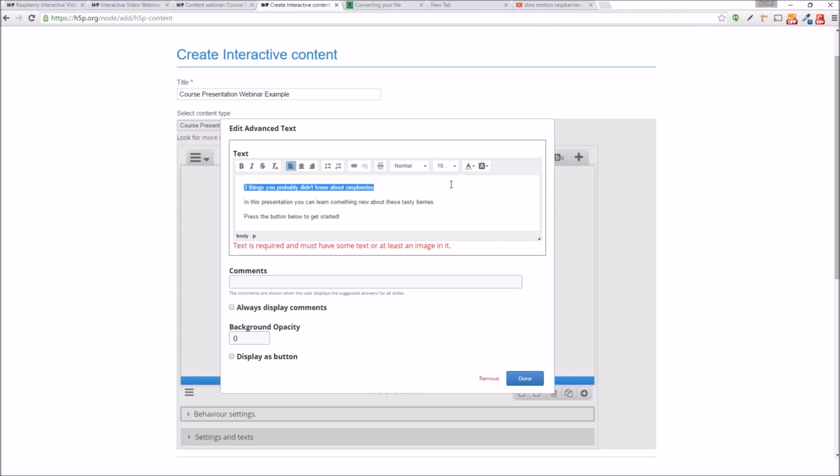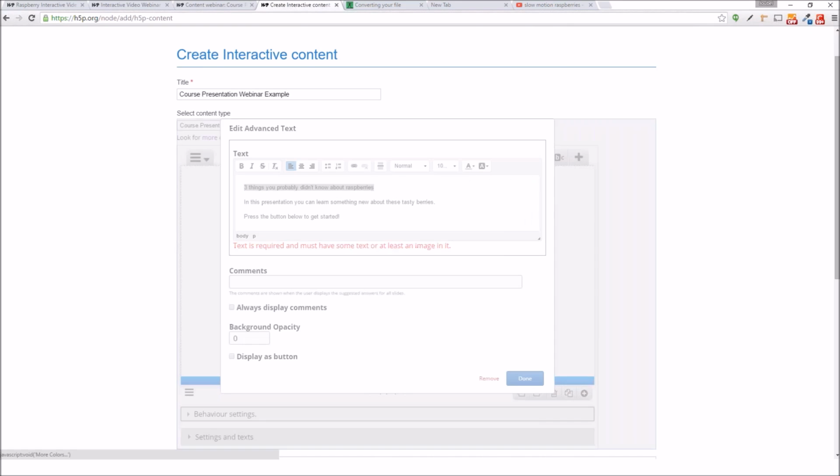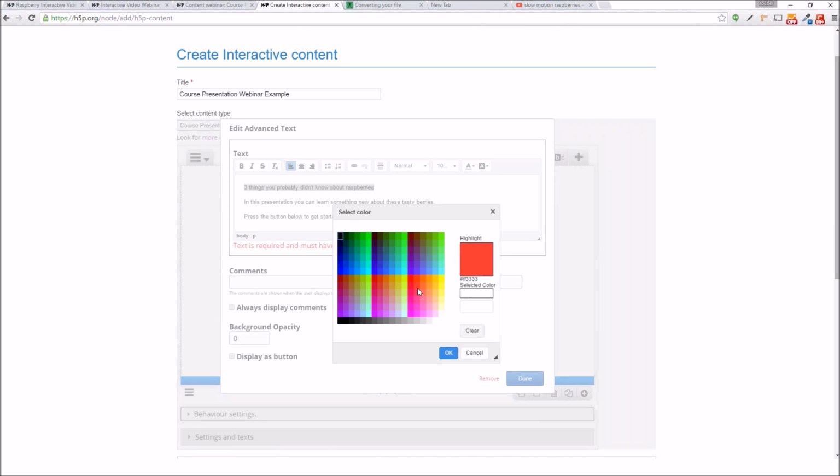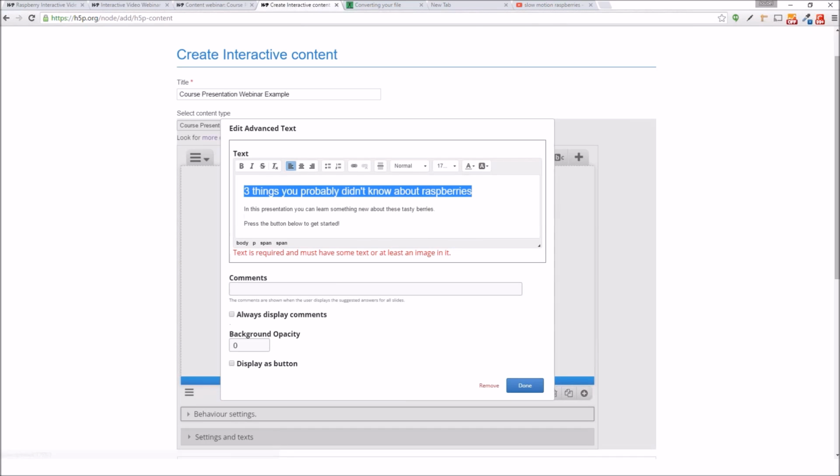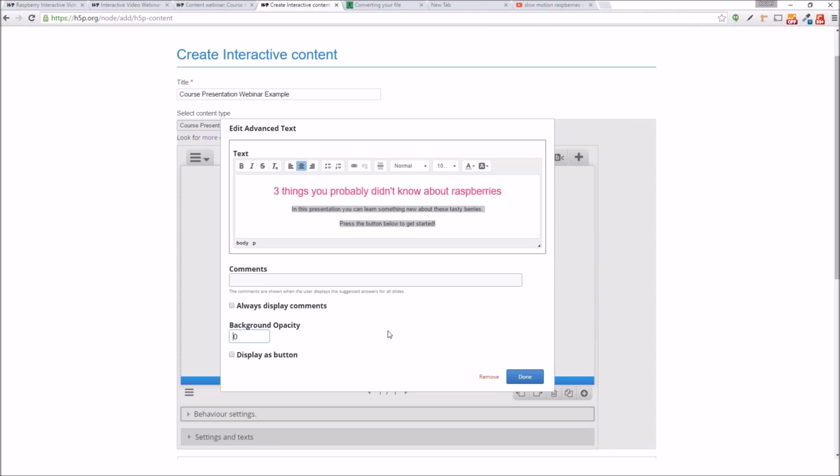I will change the color of the text to make it fit this theme. I will select this color. Now this one. And I will make it a little bit bigger. So let's put it at 175%, and I will also center it. I'll center this text as well. Okay, so I've added a text box with some basic text, and I've changed the color and the size of